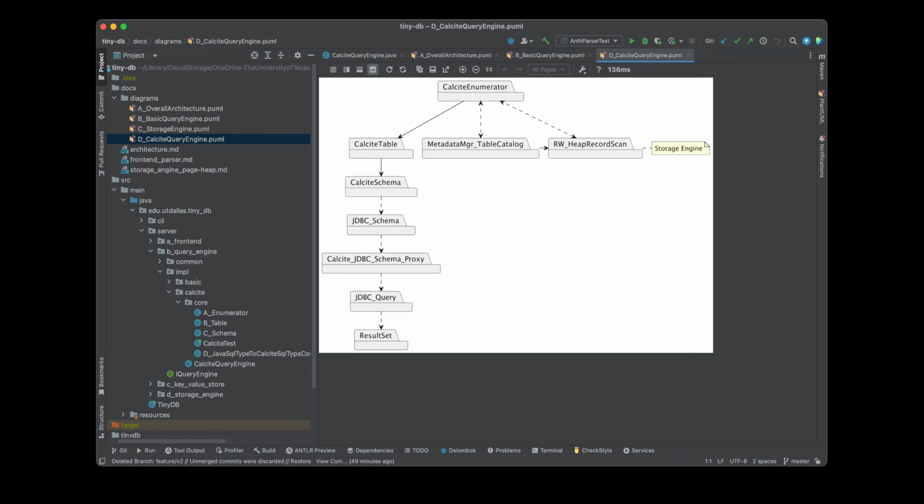So on a high level, we have something called the Calcite enumerator, which is